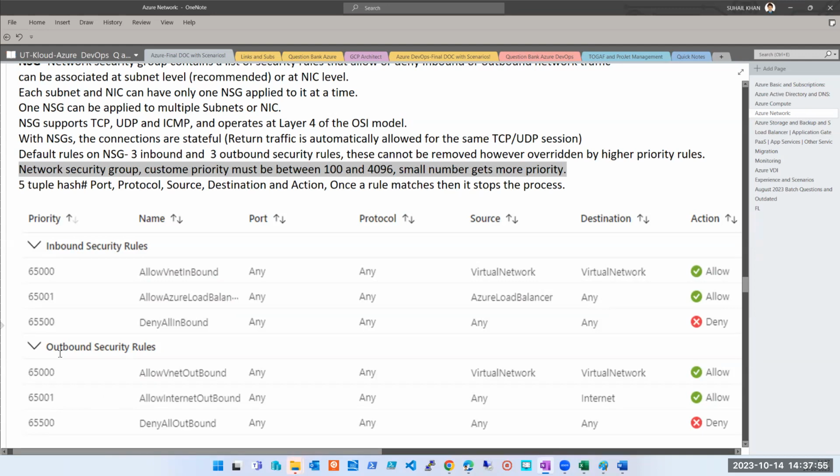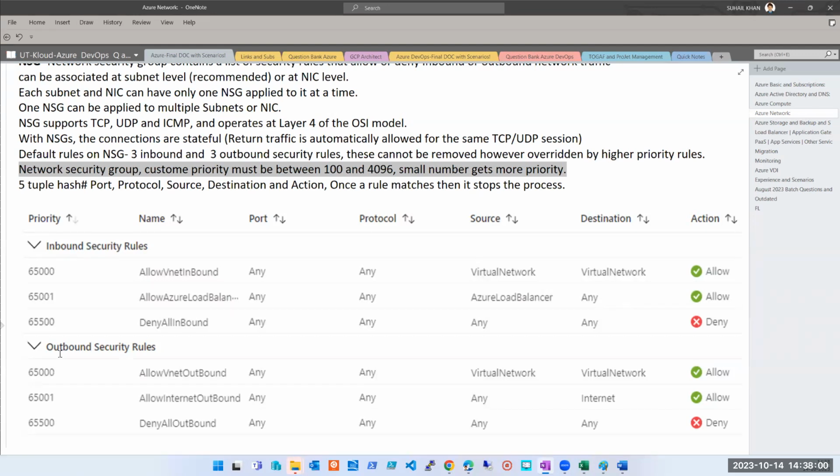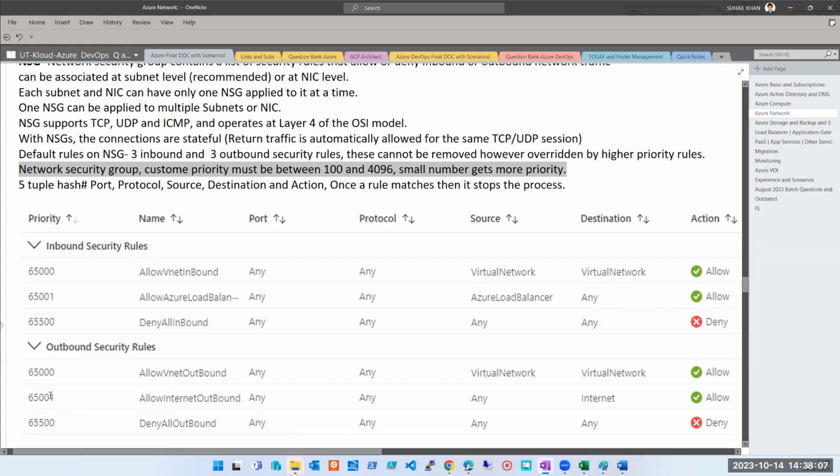Look at this. Now this says outbound security rule. Outbound, what is outbound? Anything which is going out of my machine. So internet is outbound traffic. I'm typing google.com, so it is going as a request out from my machine. Should it work? Yes, it will work. Why? Allow internet. By default, every internet is allowed. But now, due to a business requirement, I want to block this. So what does it say? Default rules cannot be deleted. I cannot delete this rule. What do I have to do? I will have to create a rule which says deny internet outbound. Okay, use the same parameters, instead of allow, say deny.